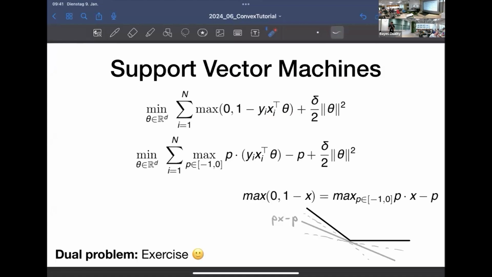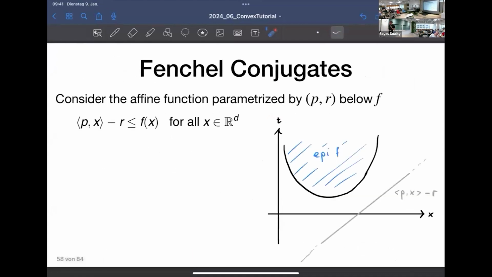So maybe we go now to Alex's question. How can we find this representation as a maximum over linear functions? And this leads us to something called the Fenchel conjugate. And to derive these things,